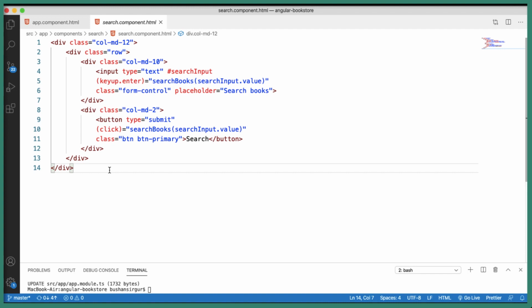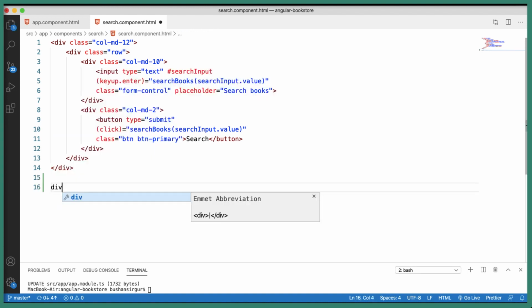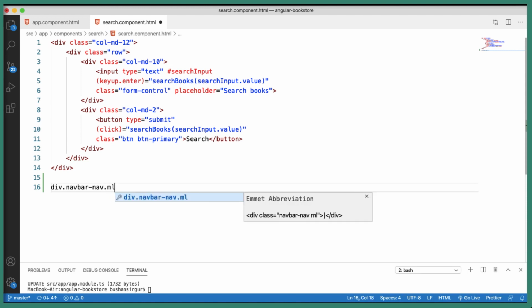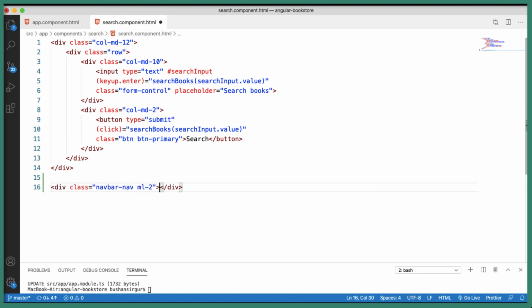Let me create a div with a class navbar-nav, and also we're going to add one more class, which is ml-2, margin left 2. Inside this div, we're going to add the input element.